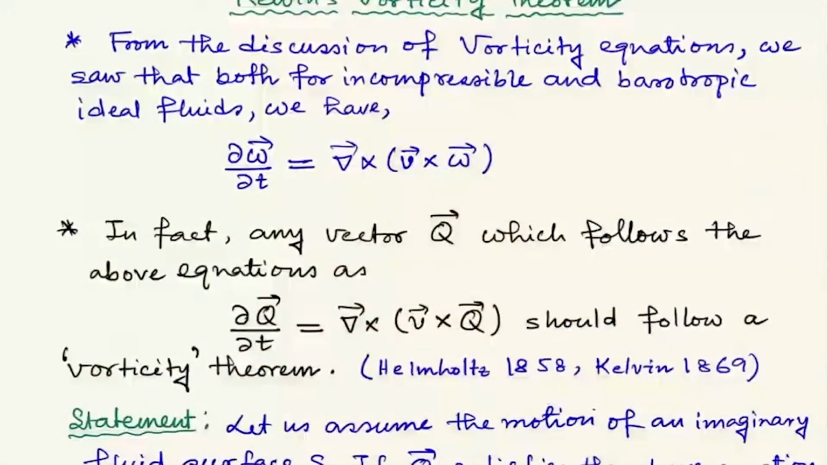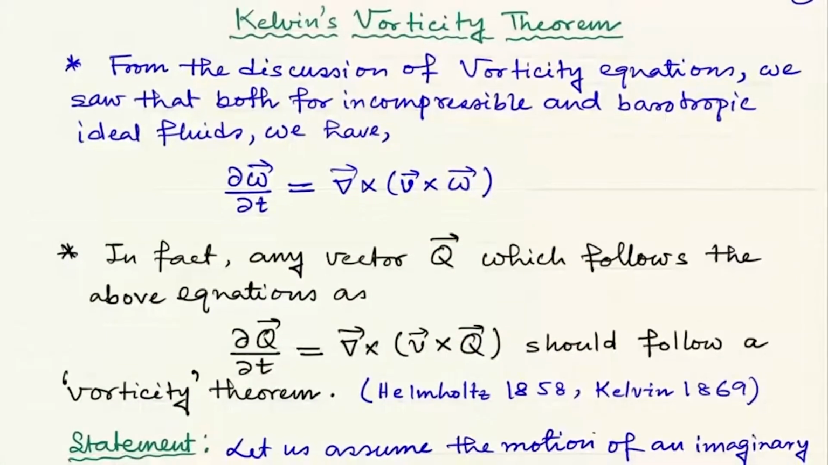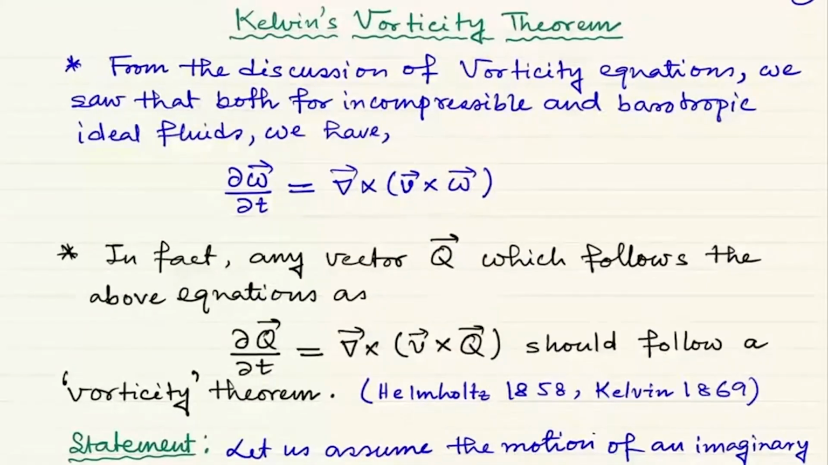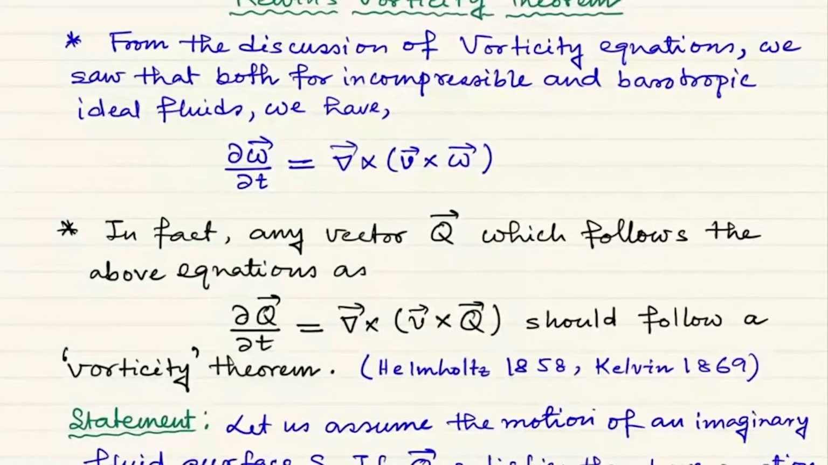Okay, so we continue our discussion on different properties of ideal fluids. So in this part, we discuss a very interesting theorem. It's called Kelvin's vorticity theorem. Okay. So from the previous discussions, we already saw that if we are taking an ideal but incompressible or barotropic